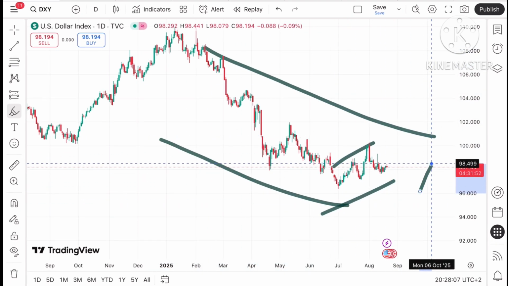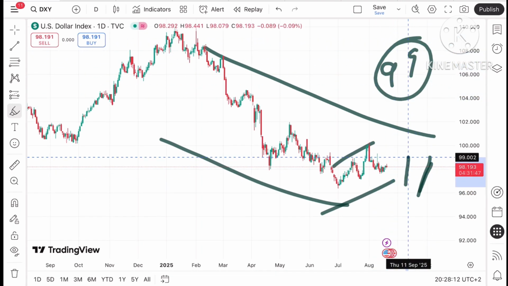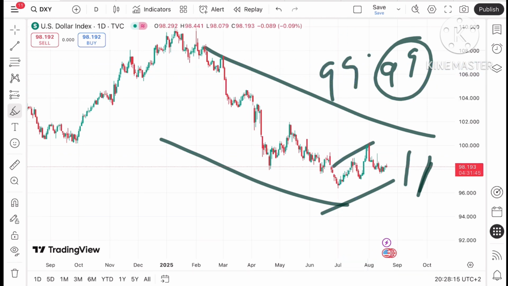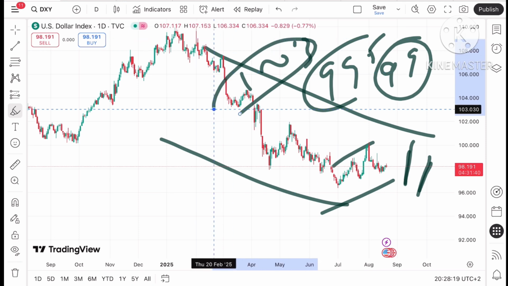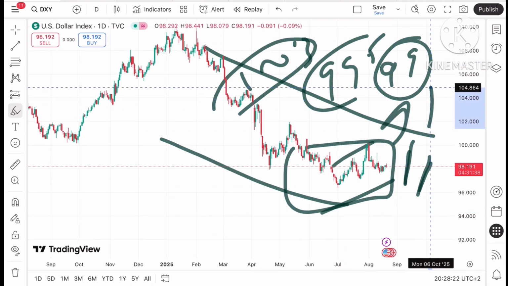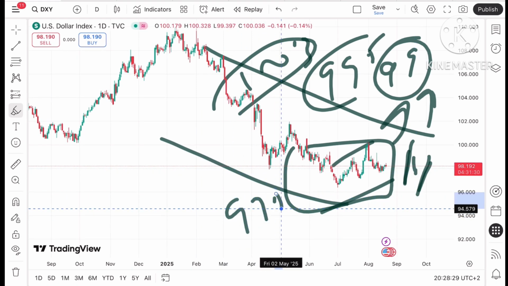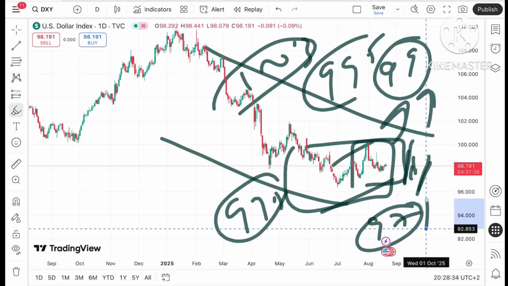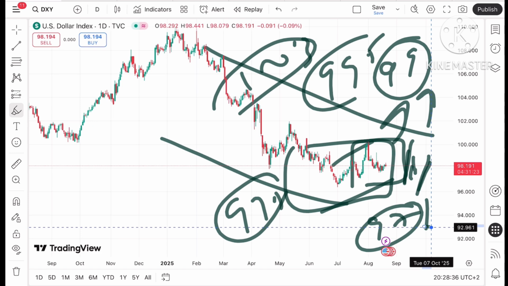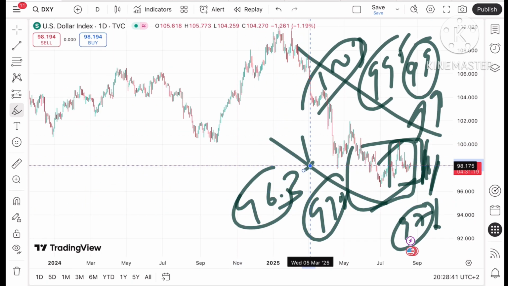Coming back to the dollar index, it is trying to rise, but the overall trend is downside. If it sustains, it can move towards $98.5, and from there a level of 99. If that sustains, a further upside can be seen towards 99.5, and from there towards $100.3. Then there will be a zone breakout, so we can see a further rise. But if it starts falling below this level, it can touch a level of 97.7, and from there 97.5. Then there will be a zone breakout, so a further fall can be seen towards 97, and then a further downfall. Then it can move towards 96.3, and then a further low.